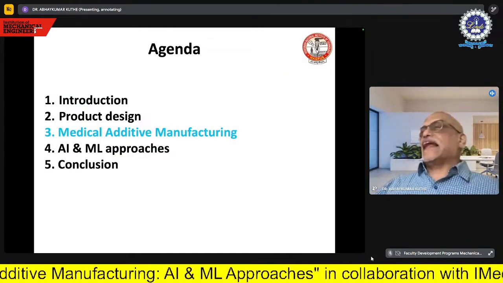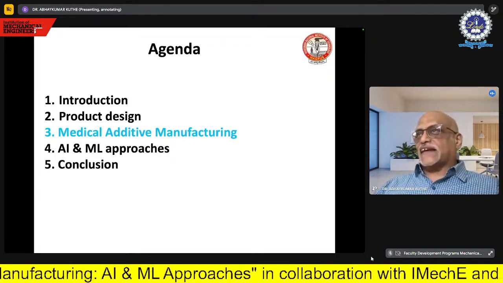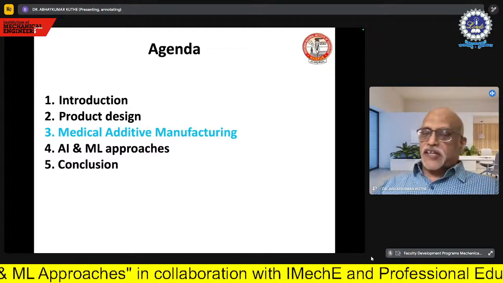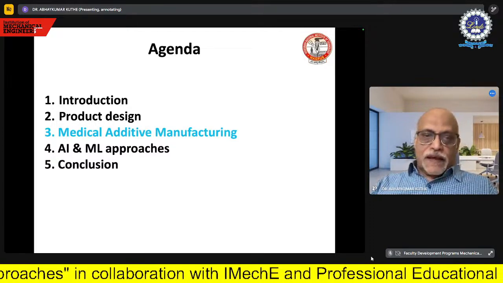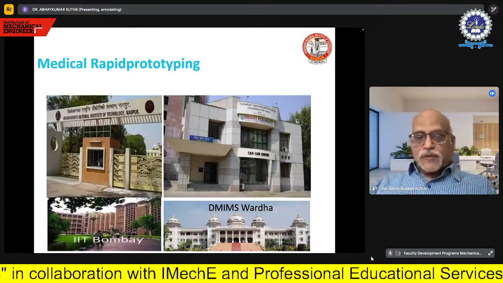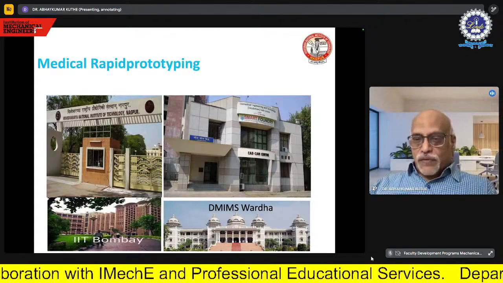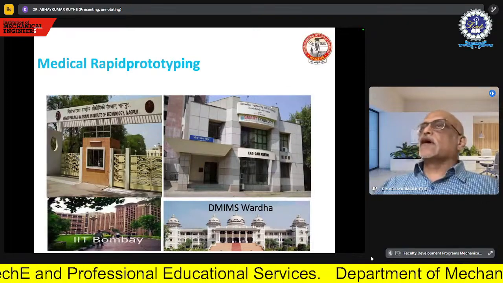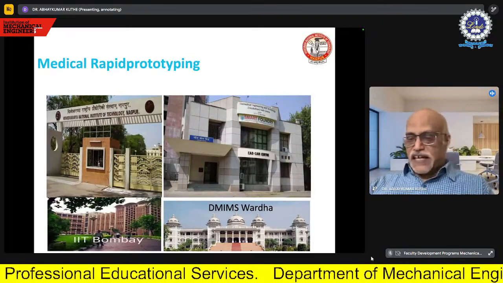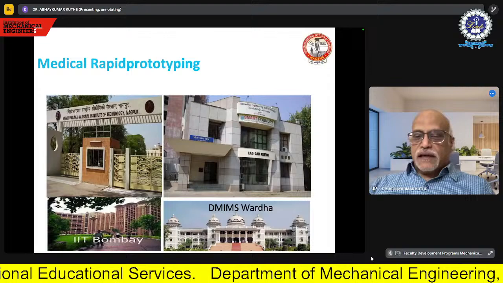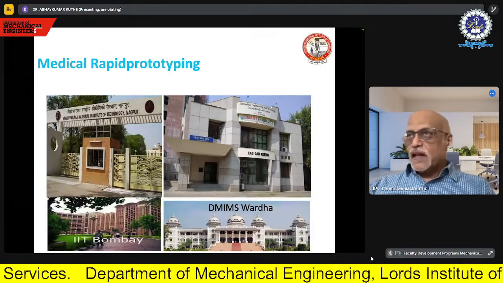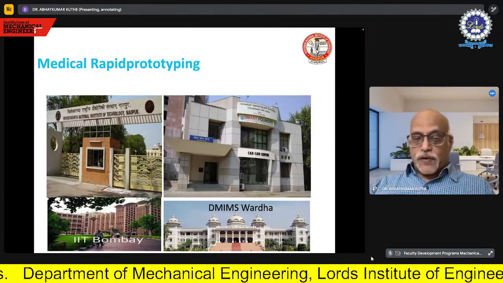Okay. Now, let us enter into our core domain. What is this medical additive manufacturing, or rather what exactly are we supposed to look at from the point of view of additive manufacturing used in the medical domain? I'm happy to tell you that we all together work with a medical institute in a place near Nagpur called Wardha, and that institute is a medical college and a very big medical hospital.